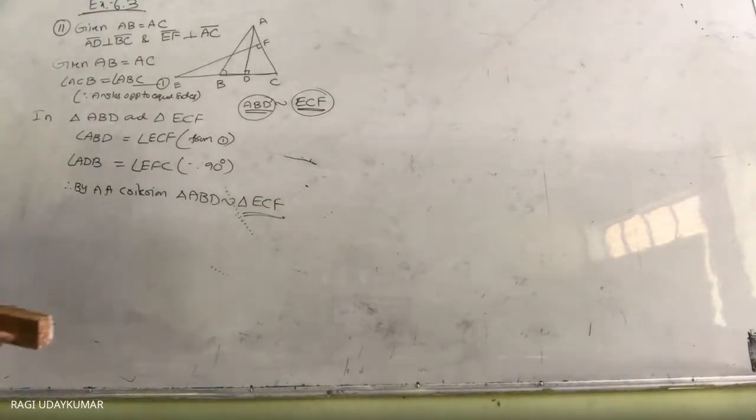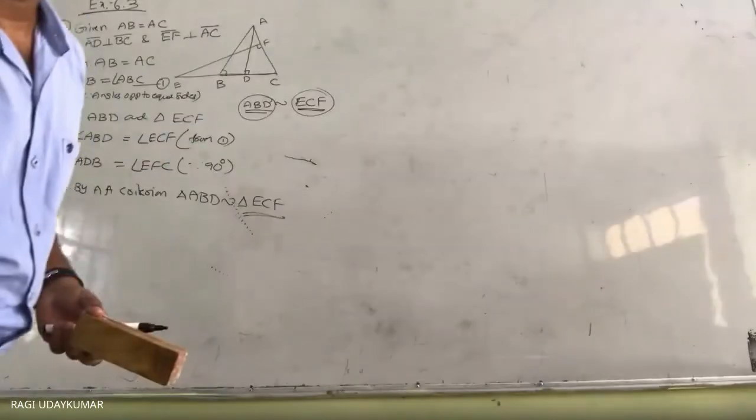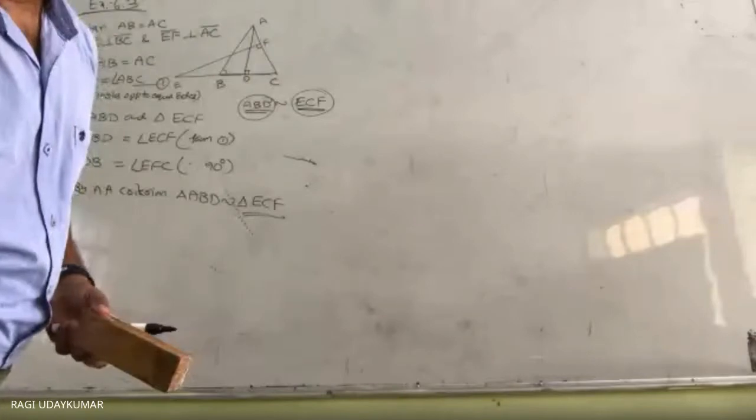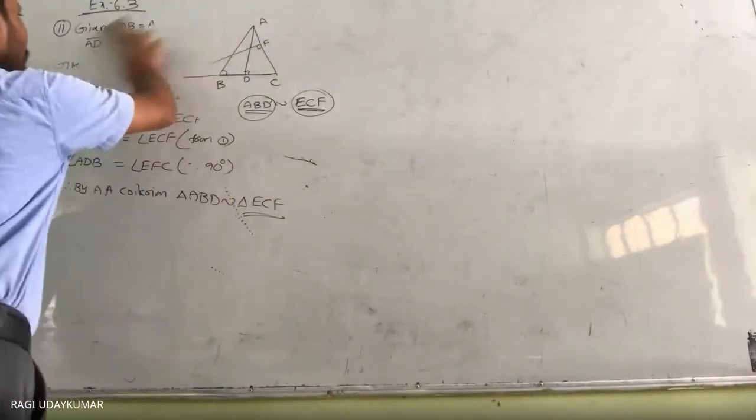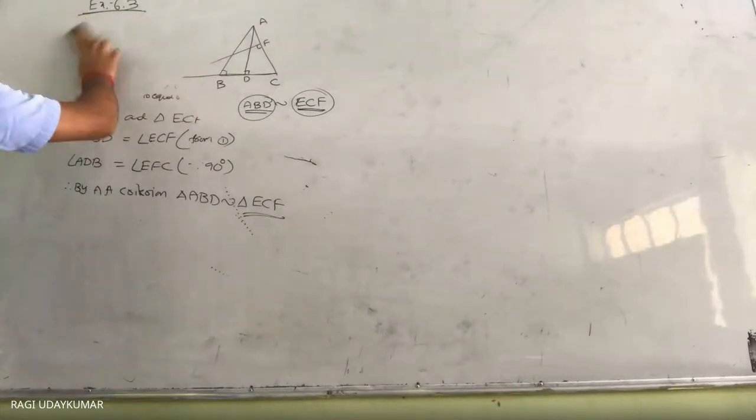Is it clear to you? Yes, sir. Simple problem only here. One angle is equal. To prove the other angle is equal, instead of giving it directly, two sides are equal is mentioned here. So that's why we have to concentrate on whatever is given to us. AB equal to AC is extra given to us.